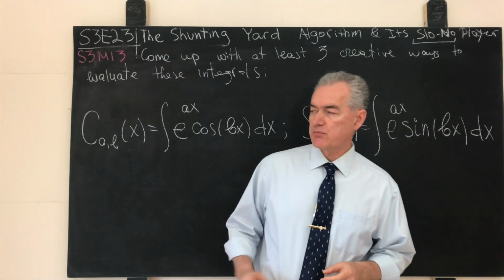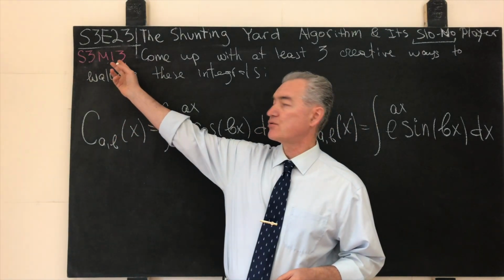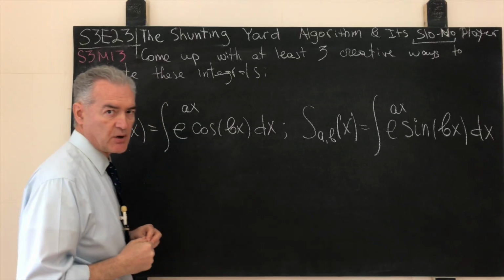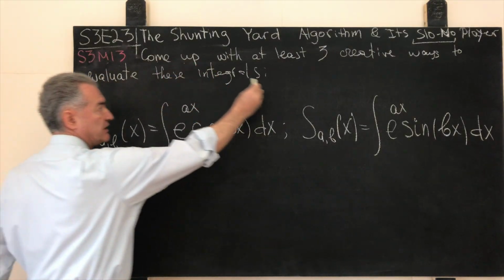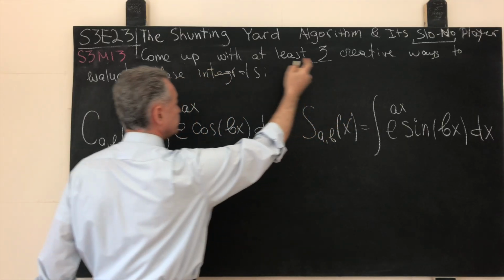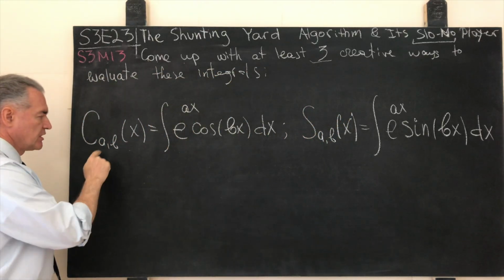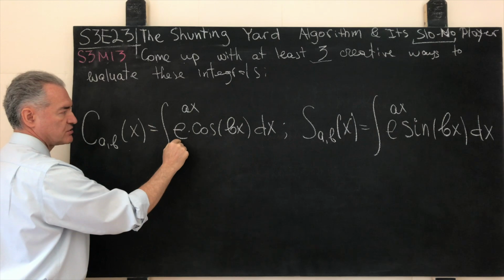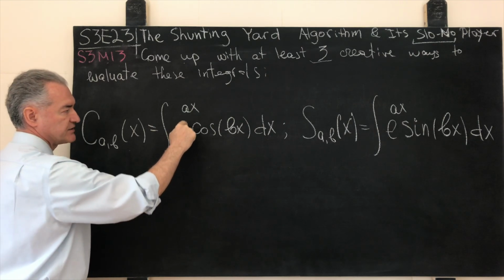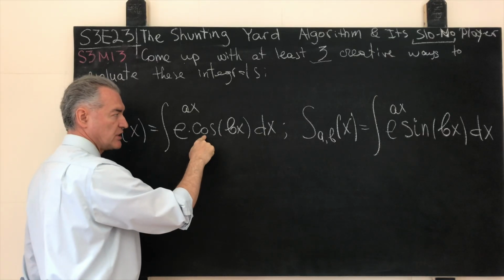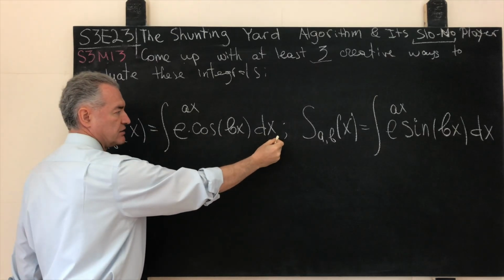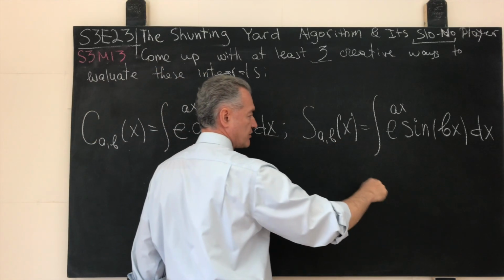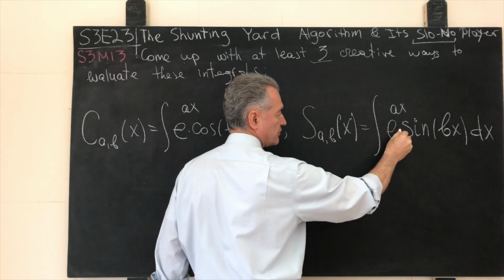Our next challenge will be a problem in mathematics, S3M13, the 13th problem of season 3, and the statement of this problem is the following. Come up with at least 3 creative ways to evaluate these two integrals. The integral shown on the left, which is the integral of the exponential function raised to the power ax times the trigonometric function of cosine evaluated at the argument bx. The integration is carried out over dx, and the function sab of x that is represented as an integral of the same